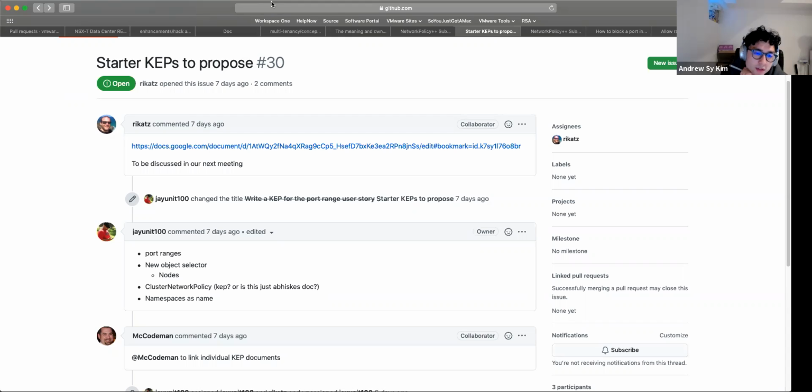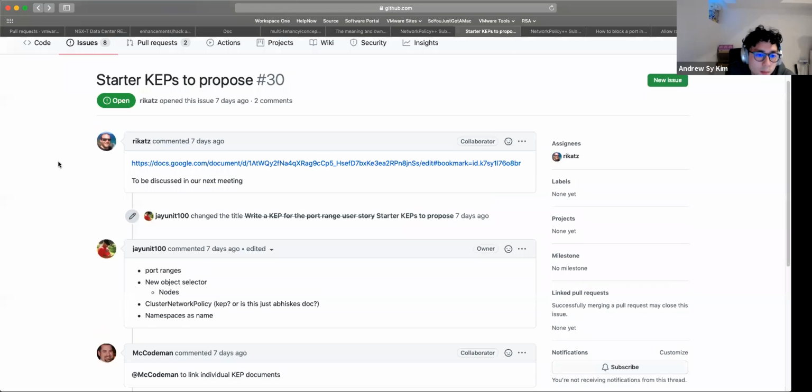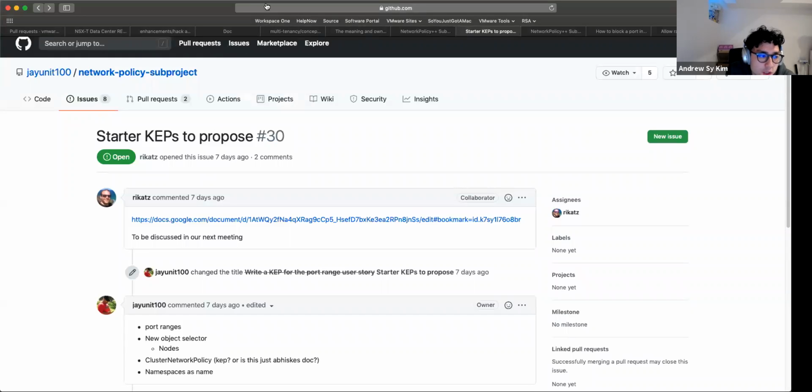Yeah, but I definitely think there needs to be some document that talks about each use case with a bit more detail, but not too much detail where it's going into implementation. And that's probably the thing that we want to share with the SIG before we start with KEPs. Okay, so Ricardo, what were you planning on sharing?